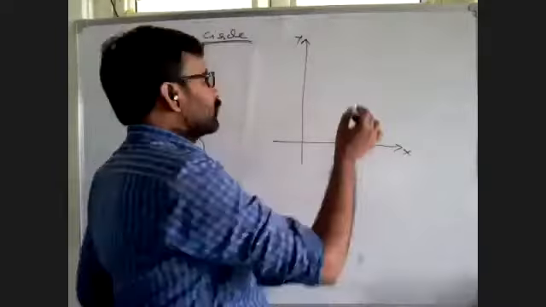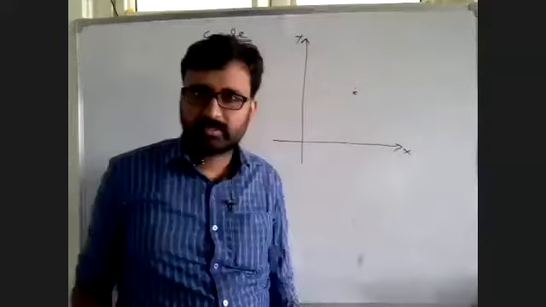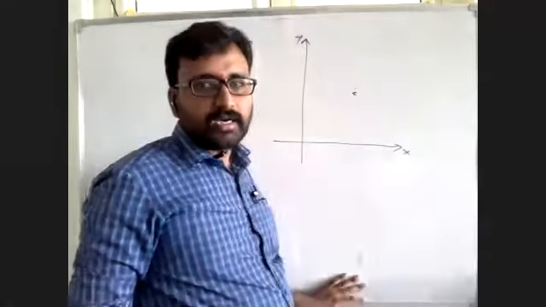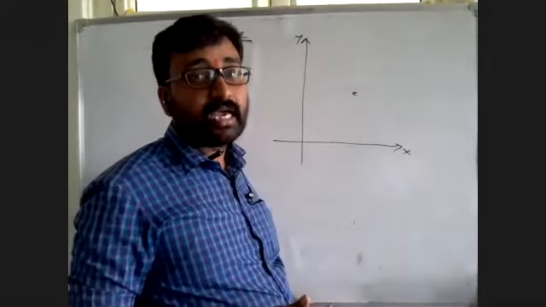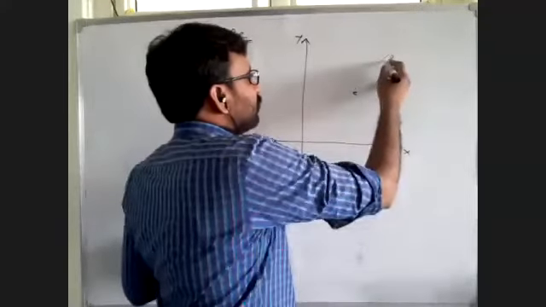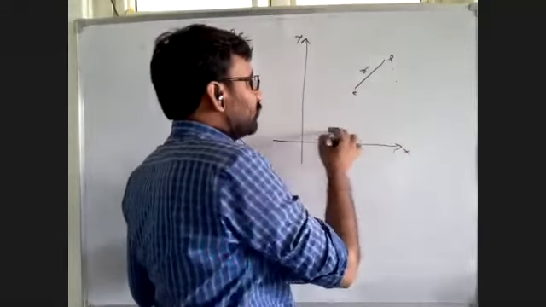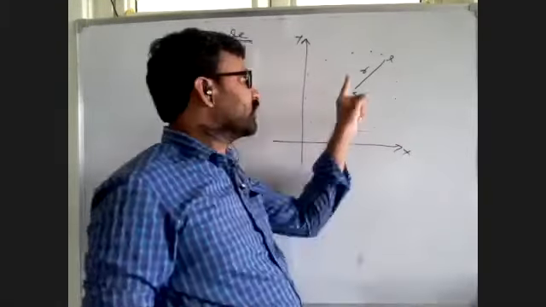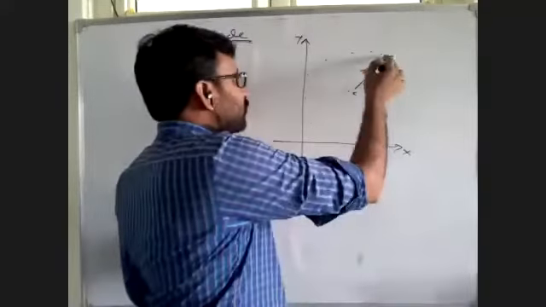And I'm taking one fixed point, C. I'm giving the name of that fixed point C, and from this fixed point C, I am collecting some variable points which have equal distance from C. Suppose I am taking P with the distance R. Like this, I am taking R, S, T, U, V, W, X, Y, Z. I am taking some points which have the same distance from the fixed point C. Then the set of all these points is called the locus.